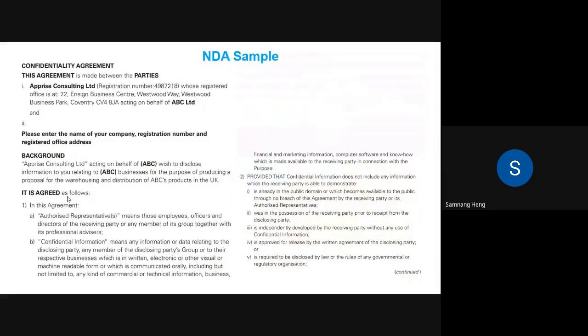And in the book, they give you an example. This sample is straight from the book, and it varies from company to company. On the top, you need to list your company, your partner company, and who is responsible for it. You have to provide background: what your company background is and what you are trying to do. Then you list down the items that everyone needs to agree upon.